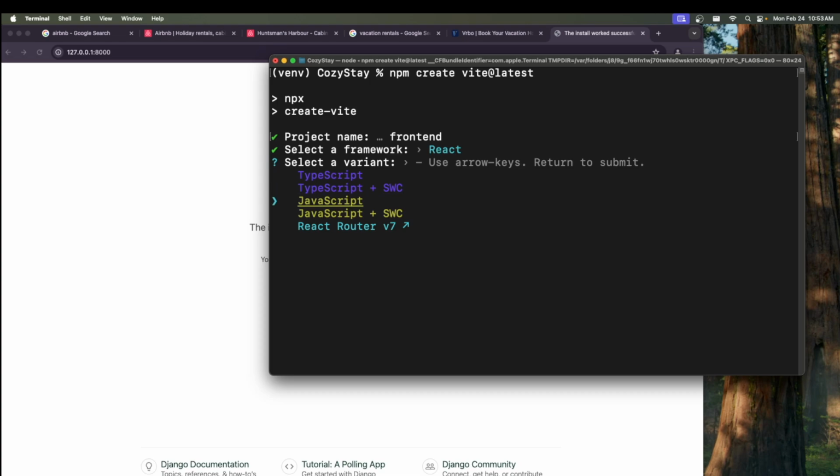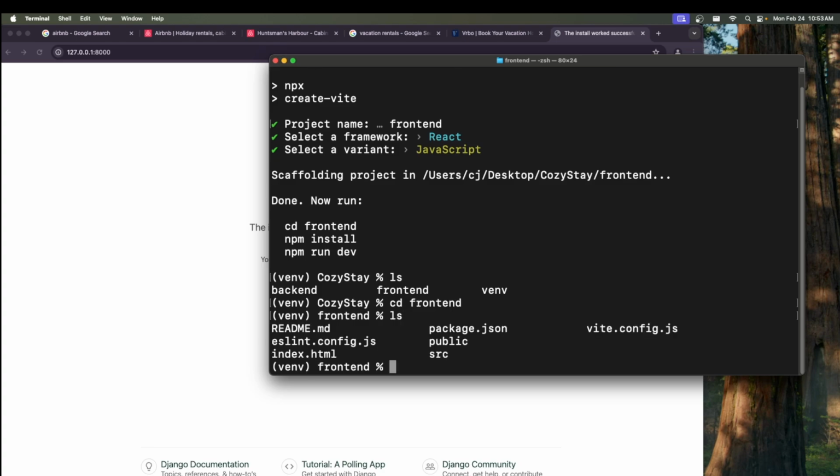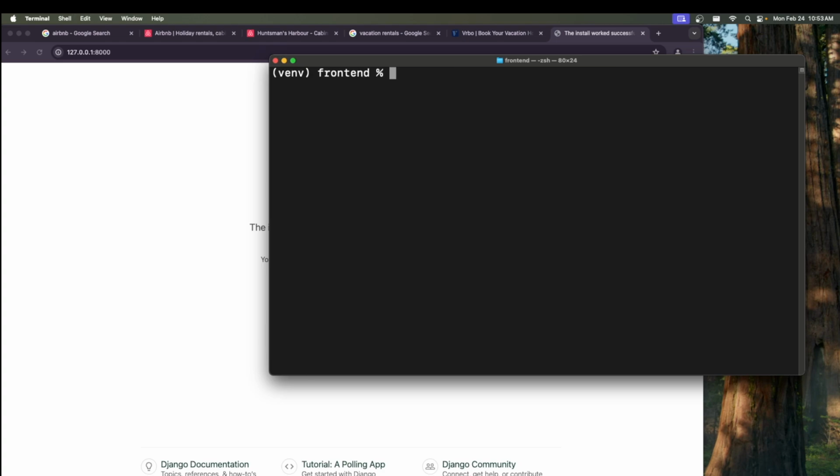Let's choose JavaScript. Now let's check the folder again. Yeah, we have it. So next, let's enter the frontend folder, and we need to install the dependencies. So we type